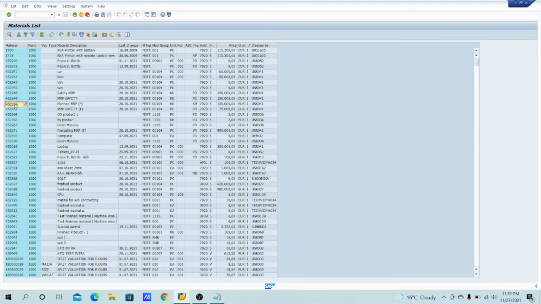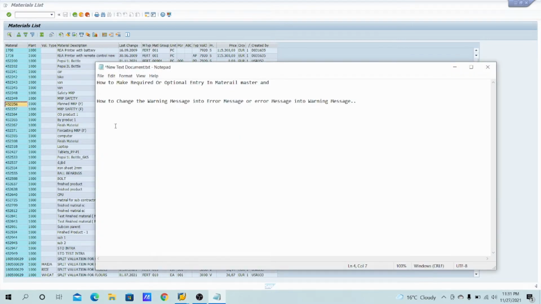Another thing that I would like to tell you: under non-valuated material, no accounting entries are generated at the time of MIGO.